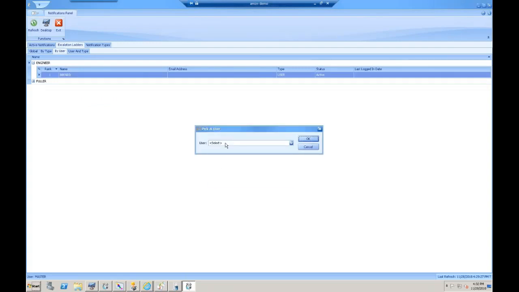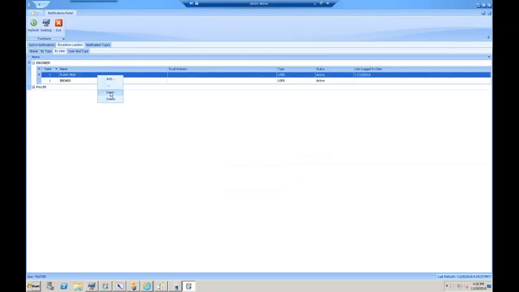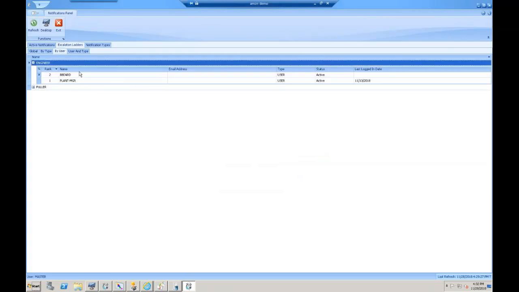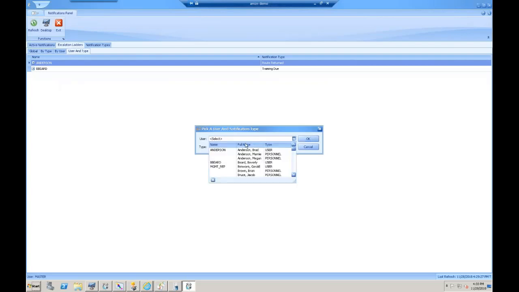So you're able to add multiples, you're able to put them in other order. Yeah, I'll show you here. There you go. See, now they switch places, like playing musical chairs. We also have the user and type ladder, and we have 2 ladders here. When you create the user and type ladder, you pick both the user and